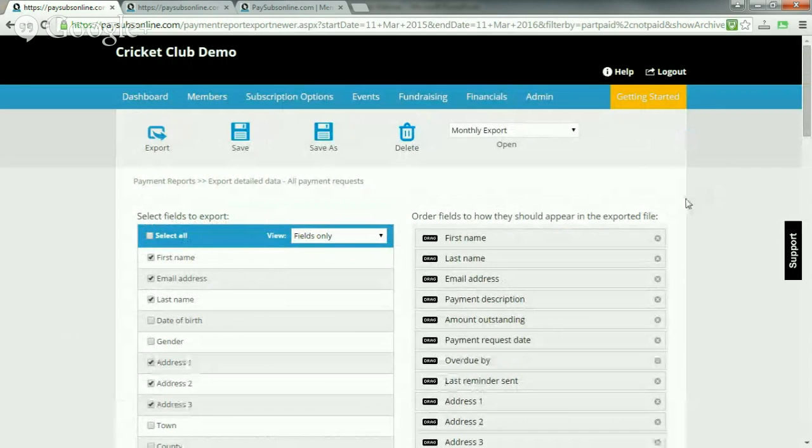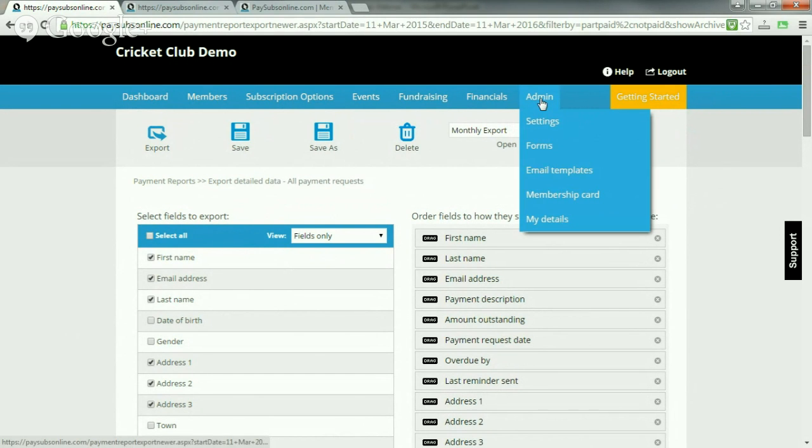Okay, so that's a quick recap on what we've done so far. We've set up our membership categories, we've set up the forms, and we've added members to our membership category. I suppose the next thing to do is to look at the online form. This is looking at it from a new member joining the club. So if I go to admin and settings,